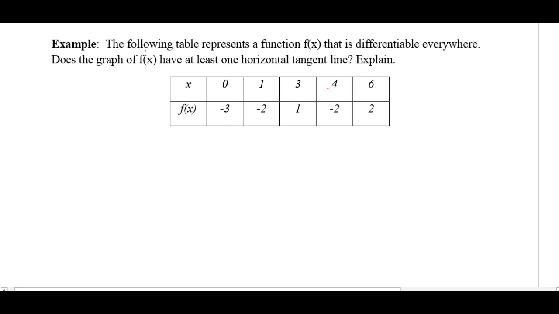Alright, in this next example, the following table represents a function f of x that is differentiable everywhere. Does the graph of f of x have at least one horizontal tangent line? Explain. So I have this function that's differentiable, so it's continuous, so I've satisfied that portion of Rolle's theorem. I know that I have to satisfy Rolle's theorem because the question is asking me if f of x has